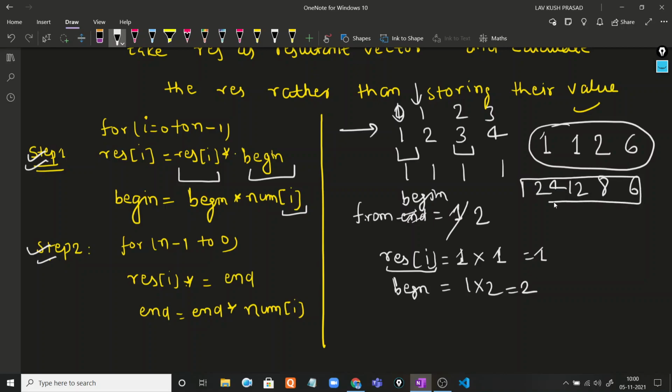So after the final update our requirement is satisfied, and then we return our resultant vector.